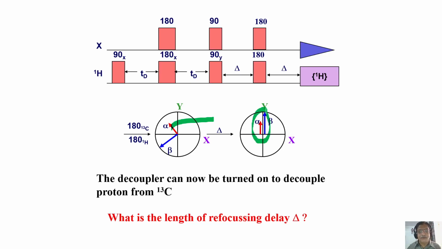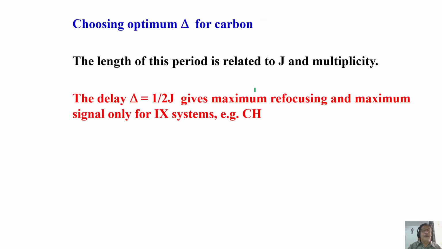Do you understand what is happening now? They are in phase. The antiphase components, by applying two pulses and giving two delays, we converted into in-phase magnetization. Now you can choose the optimum delay, which is equal to some value. Now both are in phase. Vector addition enhances the signal. It will not nullify now. As a consequence, we can get a signal with proton decoupling. We can get the carbon with proton decoupling.